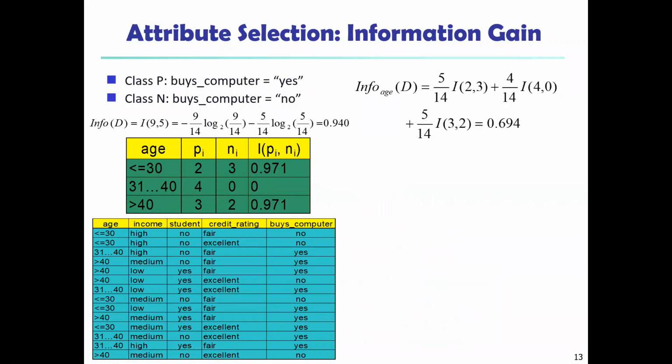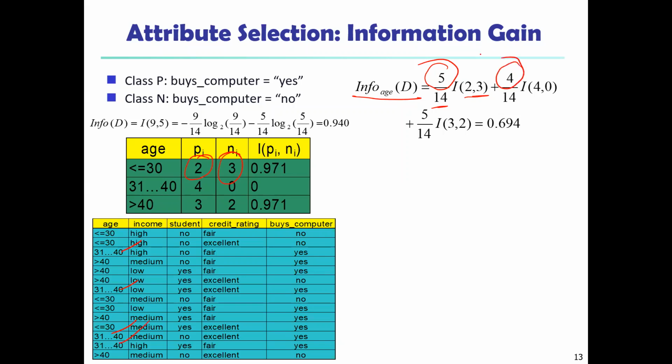So now, if we see here, for age less than or equal to 30, how many are there? 1, 2, 3, 4, 5 are there. So we are taking 5 here. How many tuples are there? The total number of tuples is 14. The two m values are yes and no, so 2, 3. For 31 to 40, we count 1, 2, 3, 4.